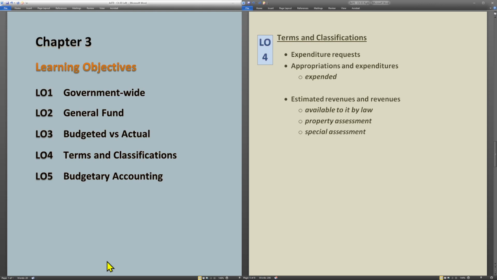Property taxes, we call them ad valorem. That just means based upon value. We do property taxes through a property assessment. Now, the textbook has a lot more detail about property assessment and one or two different versions of how property assessment can happen. I'm not so interested that you know exactly how property gets assessed at this point in time. I just want you to know that property taxes are determined by a property assessment. Some property is not taxable,